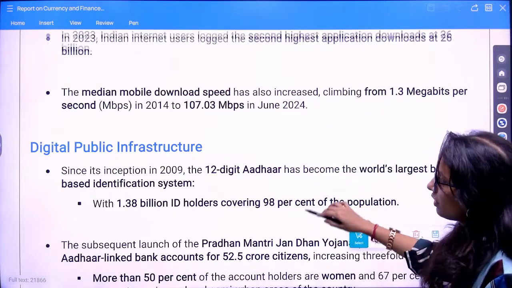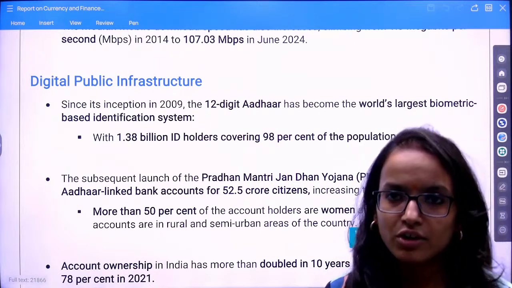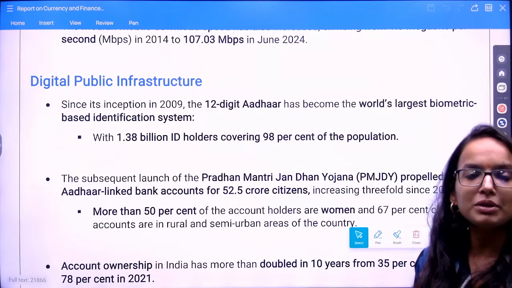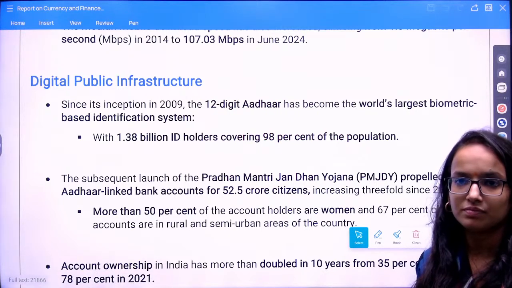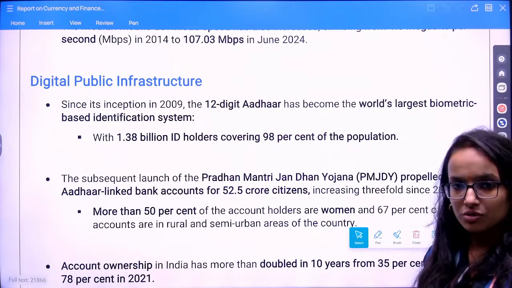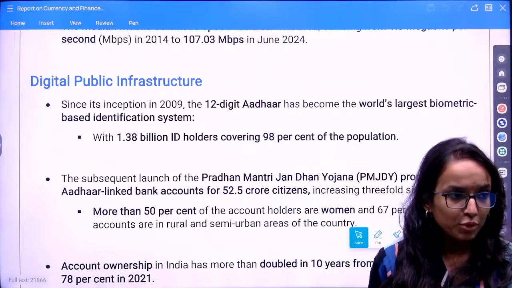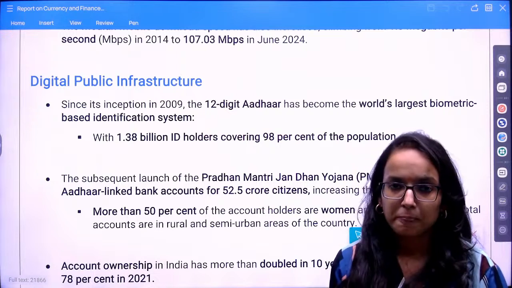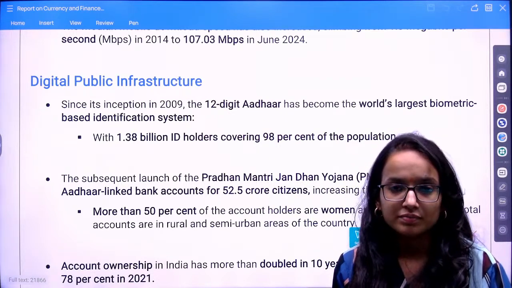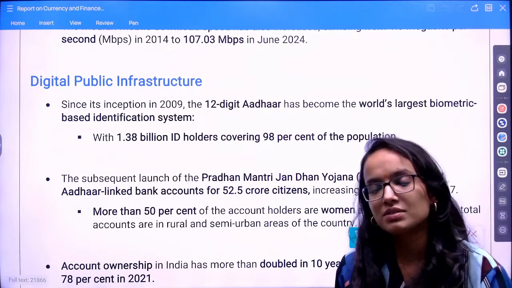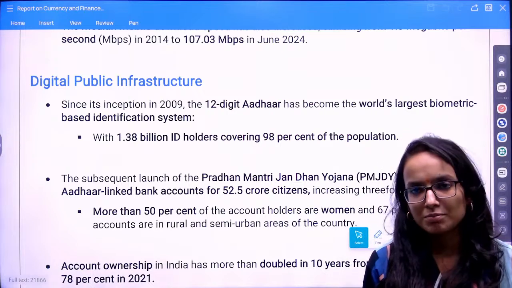Now, this was the Indian experience regarding internet and telecom. I hope you will be able to remember these figures. Now we will be talking about digital public infrastructure. You know what is digital public infrastructure? The core concept is providing digital platforms and digital enablers, basically using them for governance, for services rendered by the government. Simple, right? So that the public can access the services provided by the government.